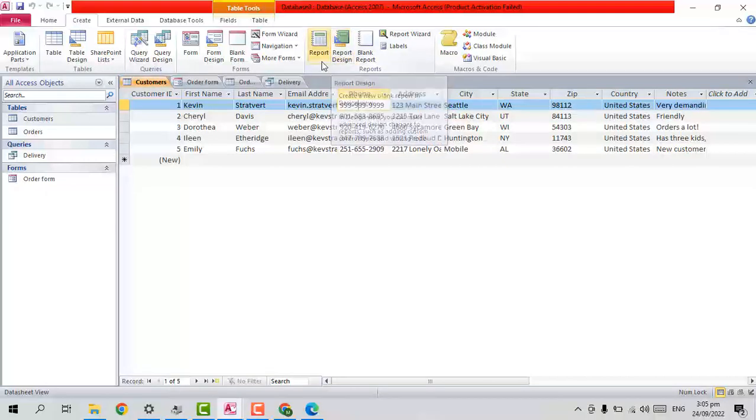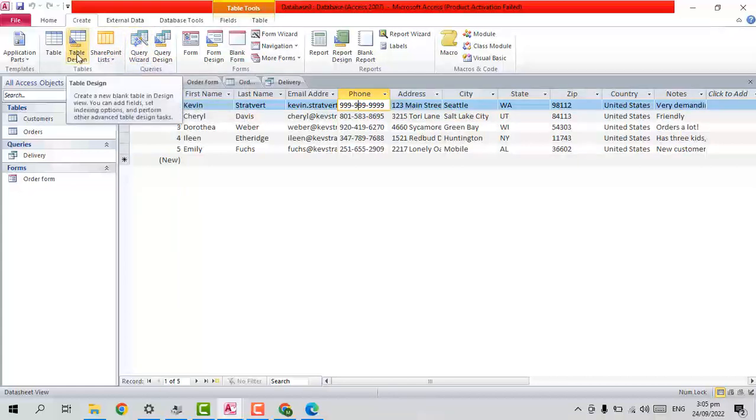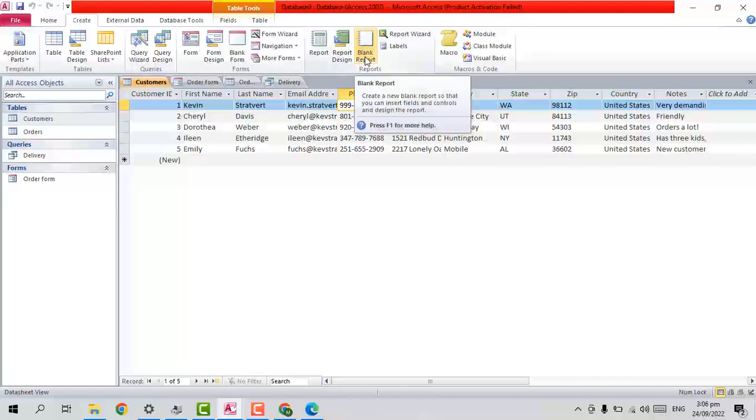I want you, on your own time, to try creating a form using a wizard, and to try creating a query with a wizard. Again, a table also. Try to create a table using table design, or try using the wizard as well, because in the book I noticed that they're using wizards all the time. Over here we're trying to do everything, every single step, manually. But the wizard is more like a question and answer kind of function. All right, so let's go ahead and